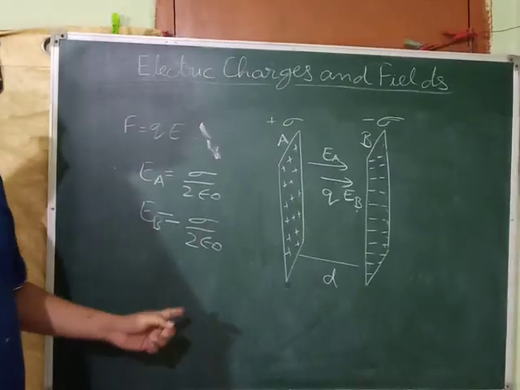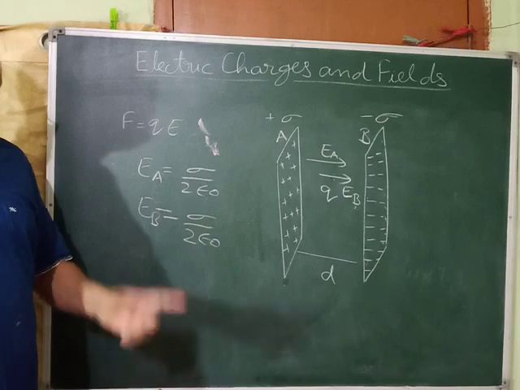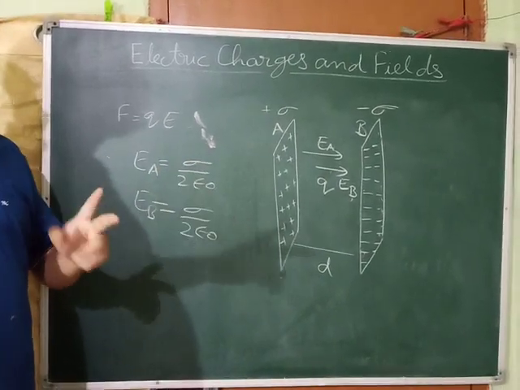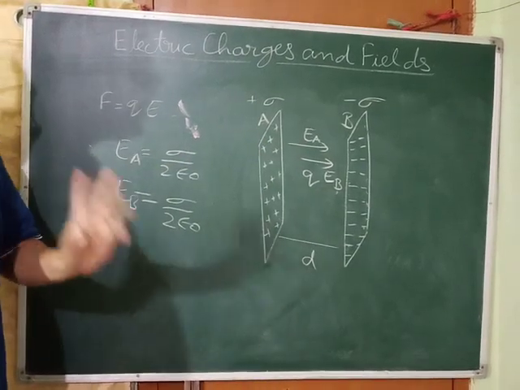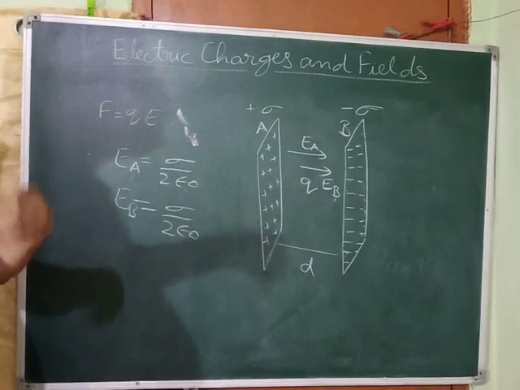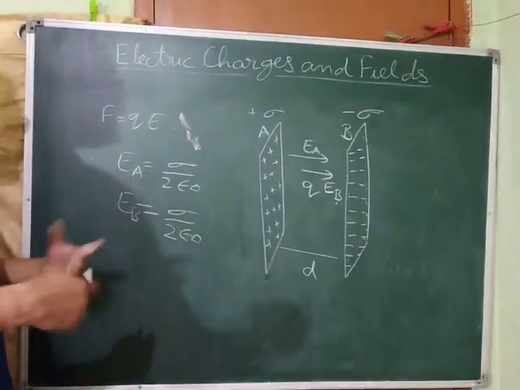Sign we don't consider in the field and force. In vector quantities, we don't use the sign in magnitude, because sign is used to discuss the direction. But in potential, when we study it, you will come to know that in scalar quantities we use the sign, because they don't have direction.